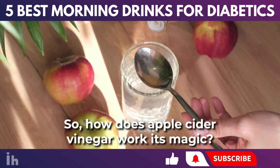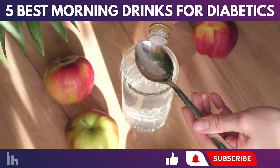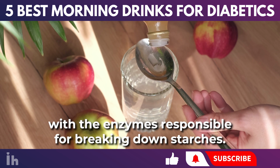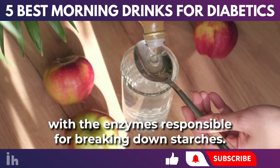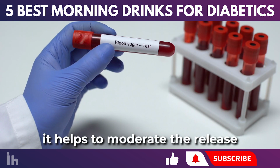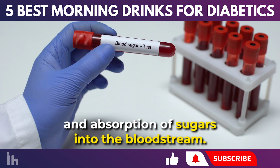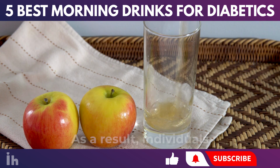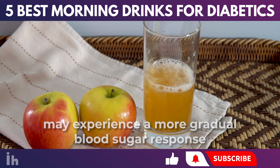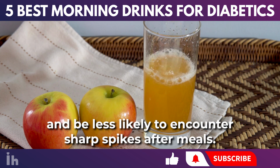So, how does apple cider vinegar work its magic? The acetic acid found in apple cider vinegar appears to interfere with the enzymes responsible for breaking down starches. By slowing down this process, it helps to moderate the release and absorption of sugars into the bloodstream. As a result, individuals may experience a more gradual blood sugar response and be less likely to encounter sharp spikes